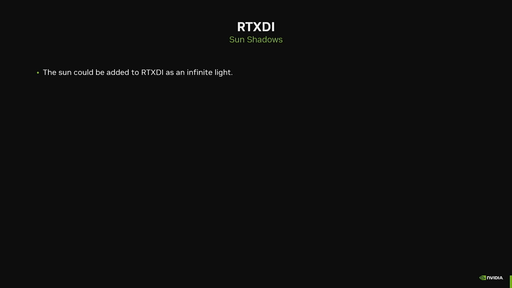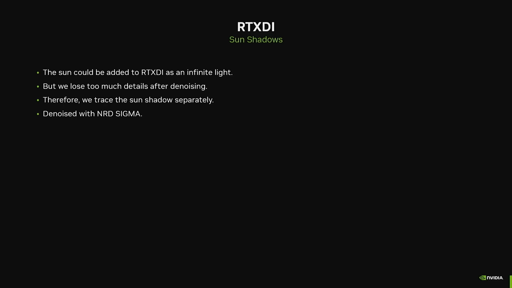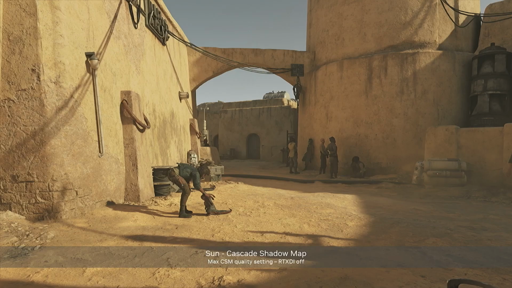So let's finish on sun shadows. The sun can be added to RTXDI as an infinite light, and it can be sampled specifically. But we found that denoising with ReLAX, we would lose too much detail on the normal maps, for example. So therefore, we decided to retrace the sun shadow separately and denoise it with NRD SIGMA instead. And this is an example of a cascaded shadow map. I don't know if you will see it on the image, but those thin cables produce